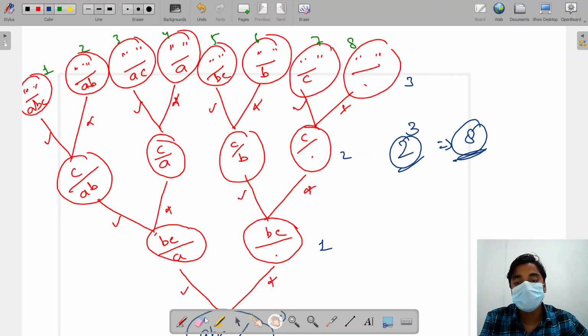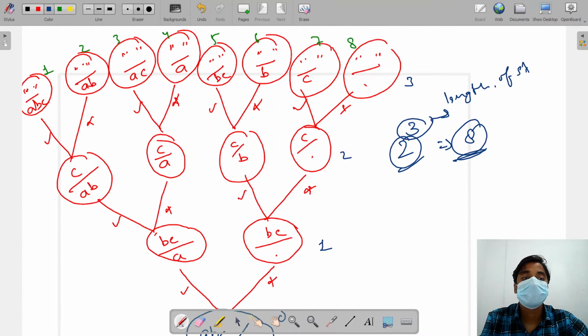Here this 3 is the length of the string. So for a string of length 4, the number of subsequences will be 2 raised to the power 4. This will be 16.